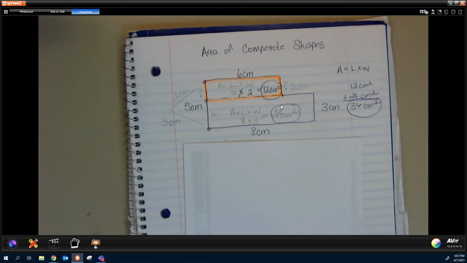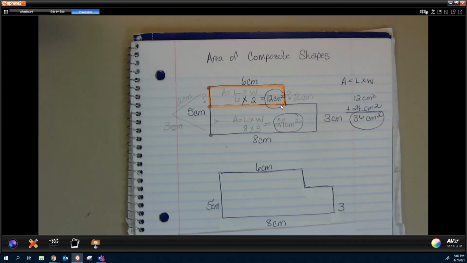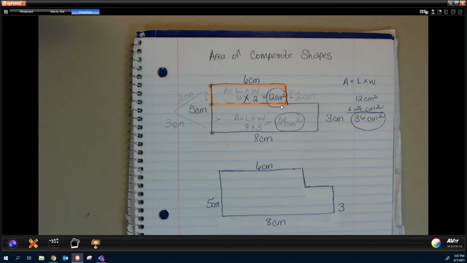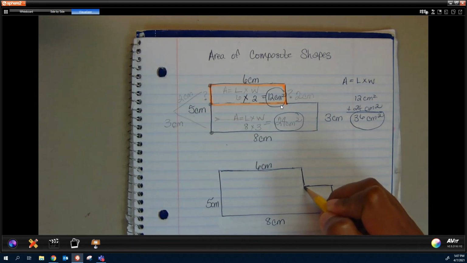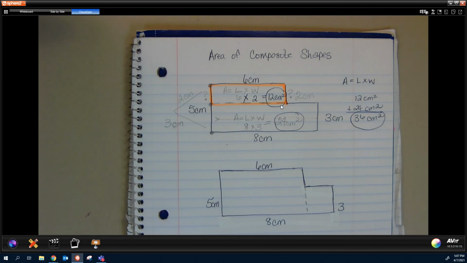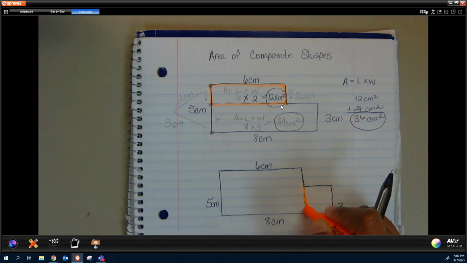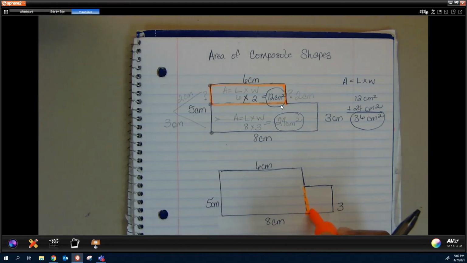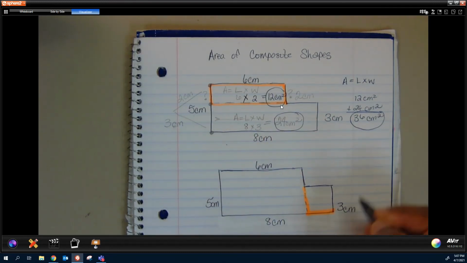Now, I mentioned earlier that we can cut that composite shape into two different rectangles a different way. I could also cut it this way. So let me now highlight our second. So we're pretending like all the measurements on this are the same as above. 6 centimeters, 3 centimeters,